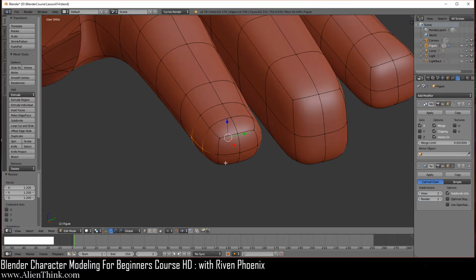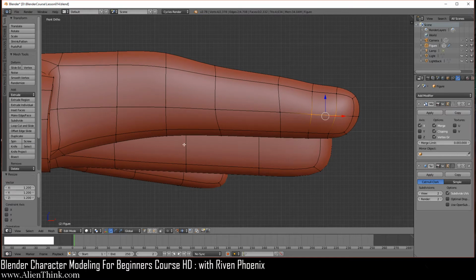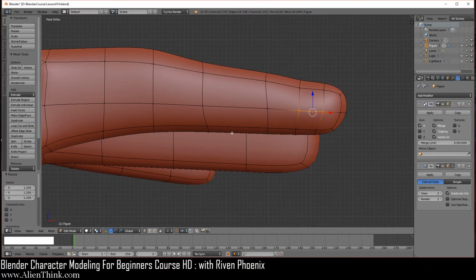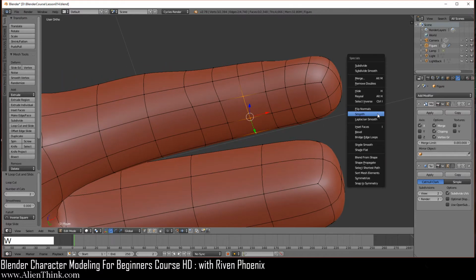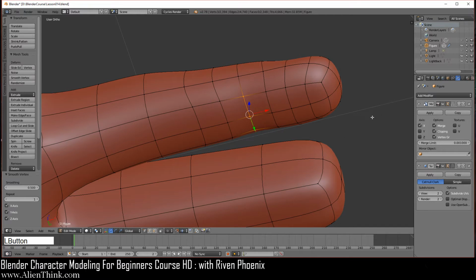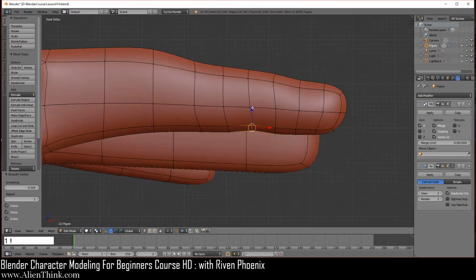Okay, now go to your front view over here. We're going to start to create the finger over here where we're going to get the bumps in the bottom. We're just going to do Control R and 2 times over here with your scroll wheel, left click and then right click. Then just rotate over here and go ahead and click on these three vertices and just do W smooth, 1, 2, 3 and then 4. Okay, go to your front view.